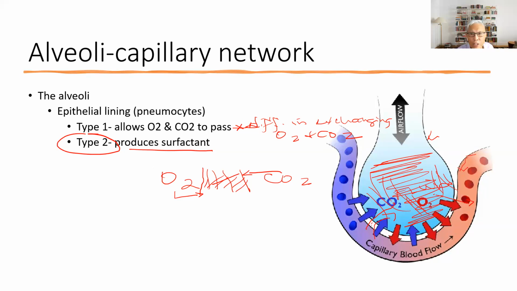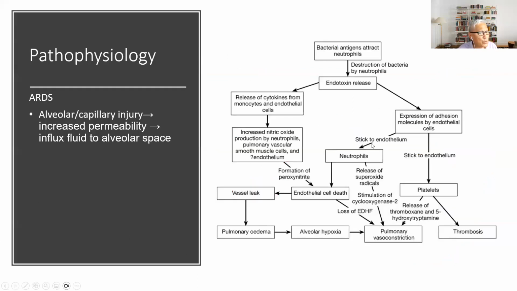So there are two things that happen. You're drowning the alveoli and you're also collapsing the alveoli. And therefore, gas exchange is going to be compromised. And that's exactly what happens with ARDS. So in this particular slide that's coming up, we're going to see the pathophysiology of